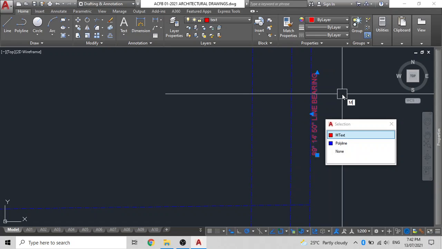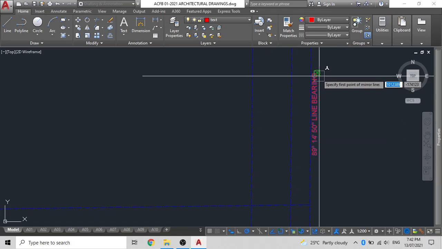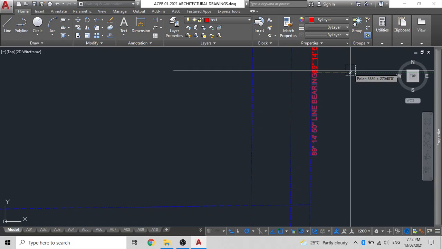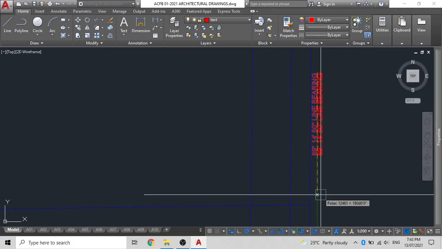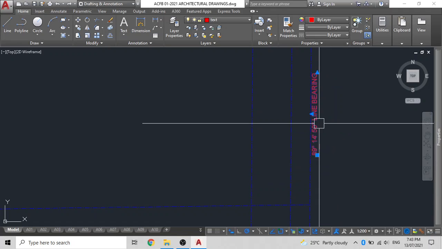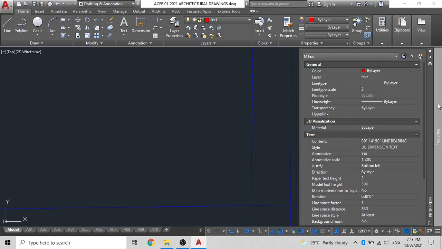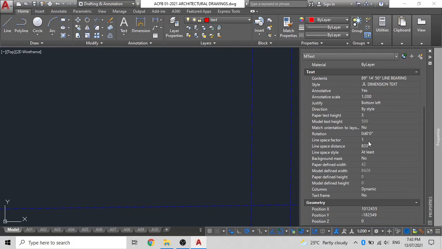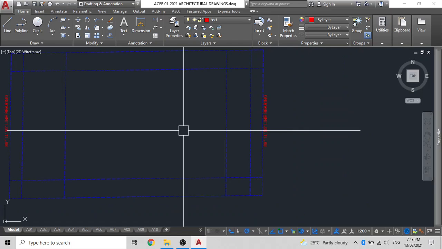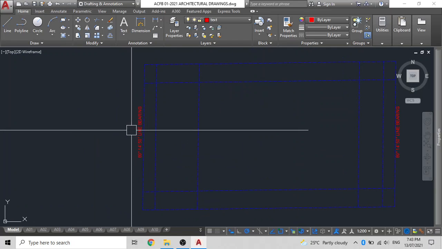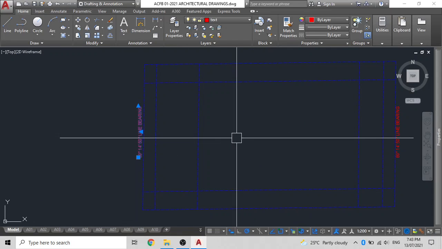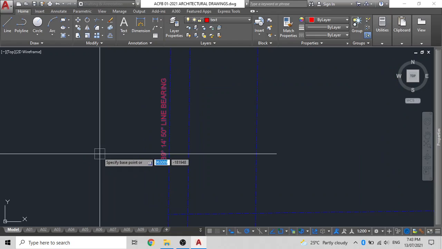If you don't like this positioning, you can just simply mirror it again. But it will keep on changing its orientation. So you can either move this and select it, and then change its rotation, or I'll just leave it at that for the time being. Now what we'll do is we'll copy this. Since we are in one line, we'll just do all the other things.